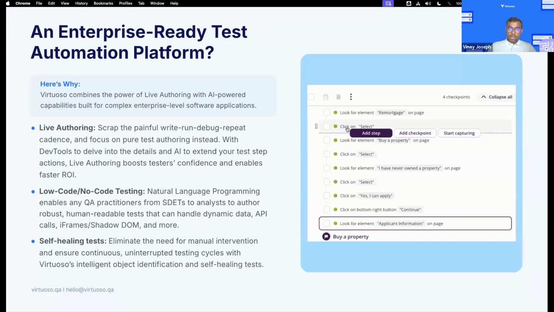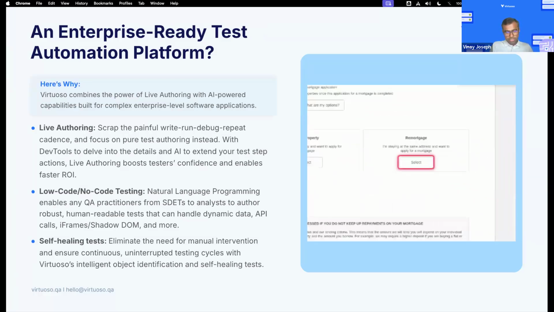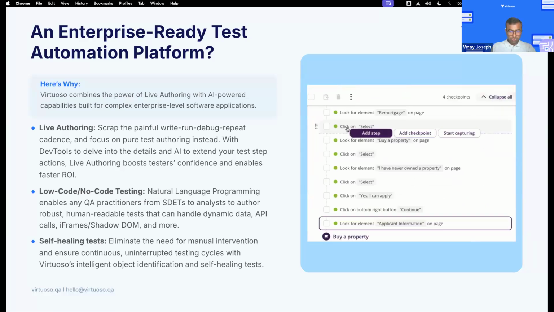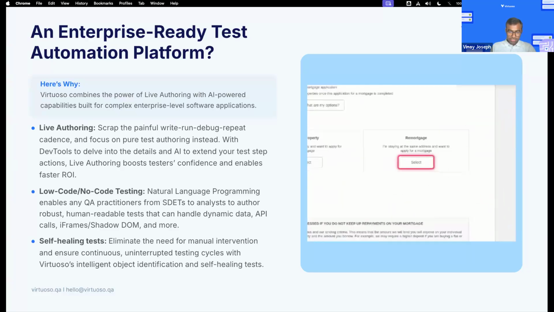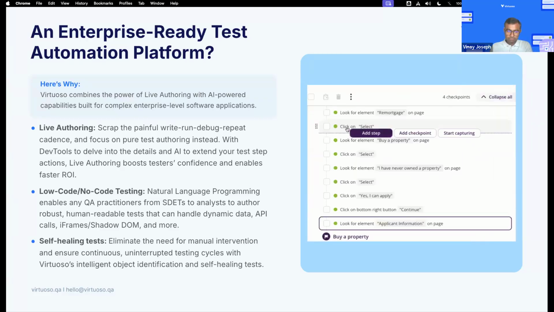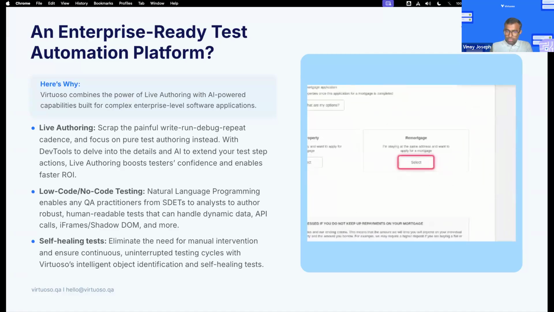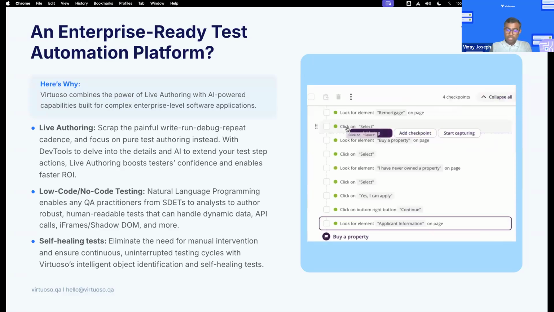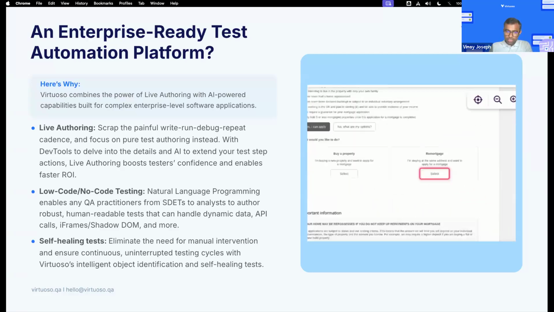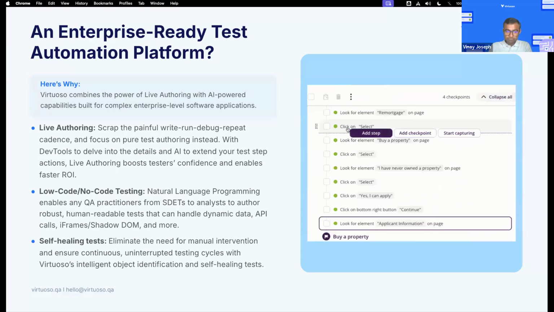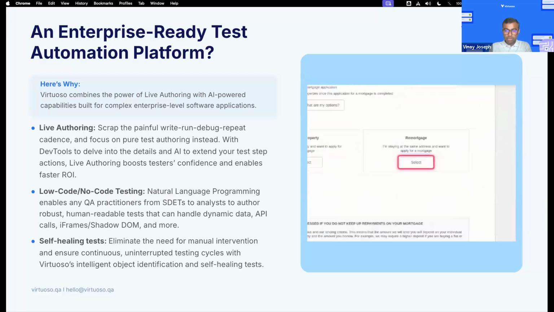Now, how it's delivering all of the good things that I spoke about in the previous few slides. Number one, we've got a feature called live authoring, which allows you, when you're writing your test cases, to actually see how those test steps are behaving in real time against your applications. And more importantly, all of those test steps are written in plain English. So it's a low-code based solution, which allows you to get your SDETs as well as your manual testers to become adept at automating your tests very quickly and also maintaining them very quickly,